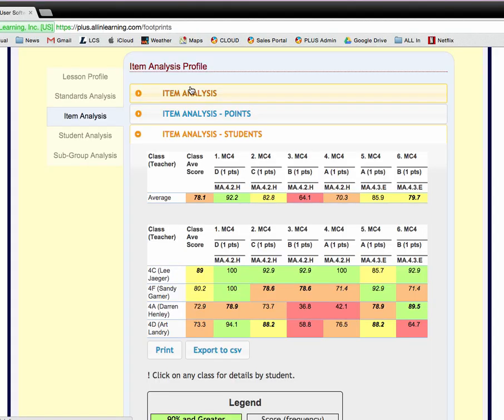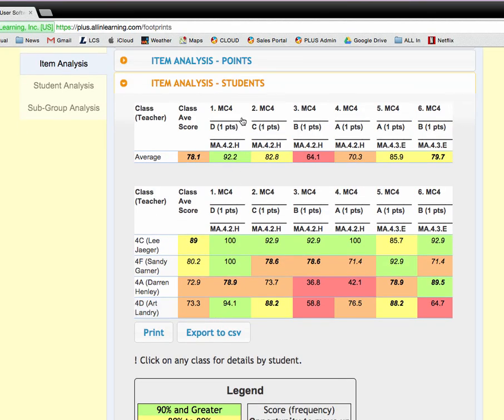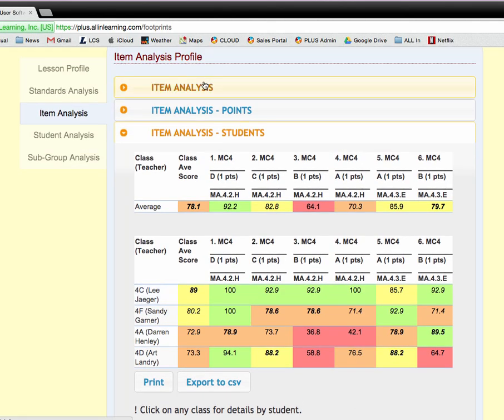We go to the item analysis here. One view of the item analysis is just to see the breakdown. So we see here on question 3, we had a 64. Here's the standard that was covered, and then here's the scores by class. So we see this class had a 93. Ms. Jager's class did great. We had a couple of classes really struggle on it. So it facilitates a great conversation around what's working, what's not working, how did you teach that, what examples did you use. And that's the purpose of this, to try to build on that collaboration amongst the teachers in the